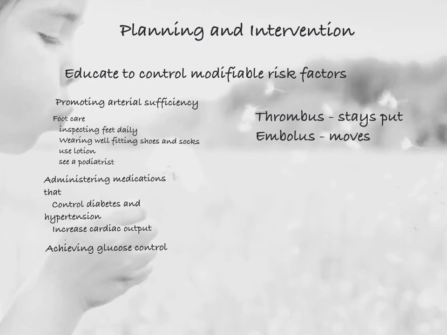But that's basically something we don't want to have happen. Now, blood clotting is essential. Every time you cut yourself, you need your blood to clot. But we don't want blood to clot within the vascular system because that's just bad. So for this, all those interventions we talked about with our sequentials and our ambulation and that kind of thing will also apply. And we're also maybe going to administer anticoagulants as ordered